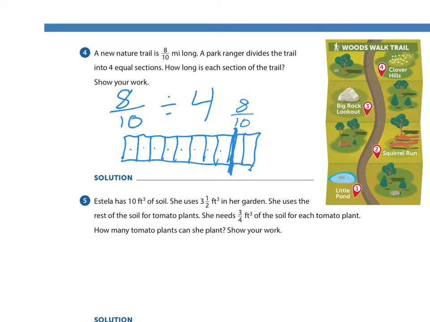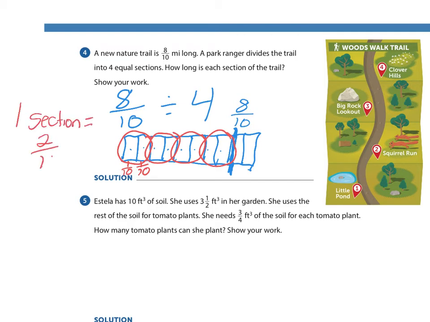So make sure you have that drawn just to give you a refresher on drawing. So I have my 8/10. I'm dividing them into 4 groups. So if I have 8 divided by 4, I know that 2 go in each group. Each of these sections is a 1/10. So that means 1 section